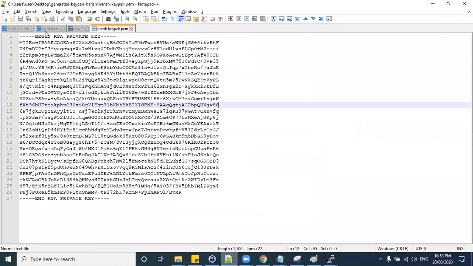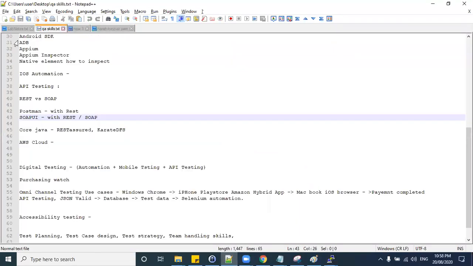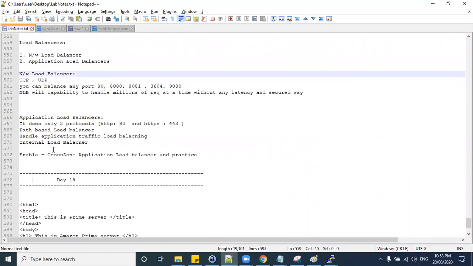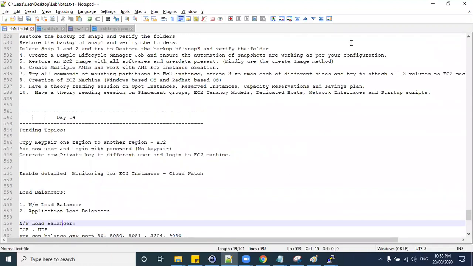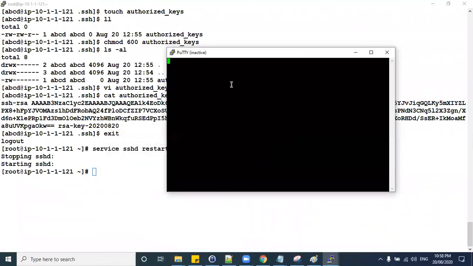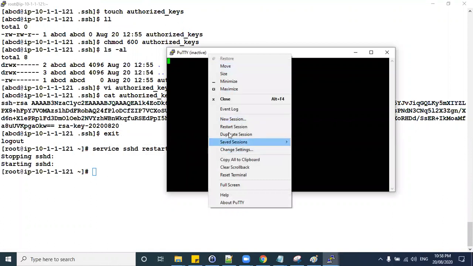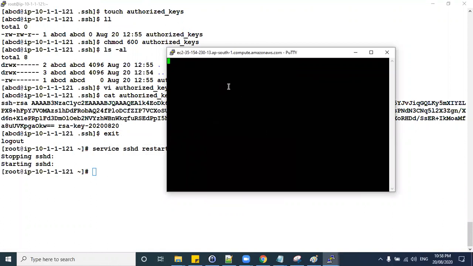Let me check if I created notes. Yeah, I have not taken any notes for this. So this is the way to generate public and private keys. I will check on this. I guess something is missed out, either a permission access.